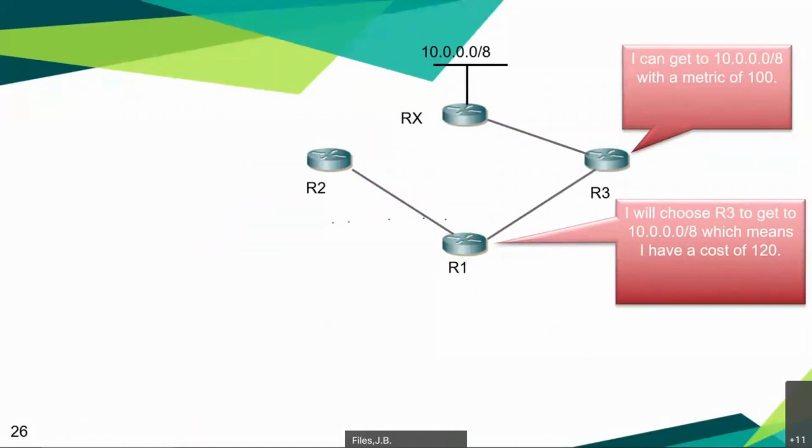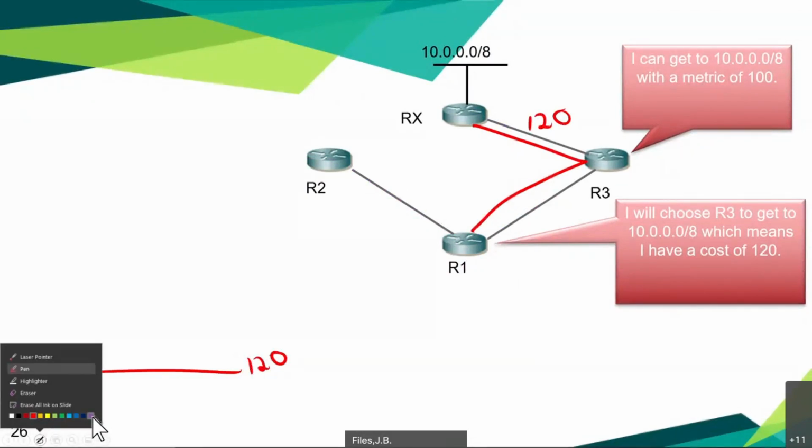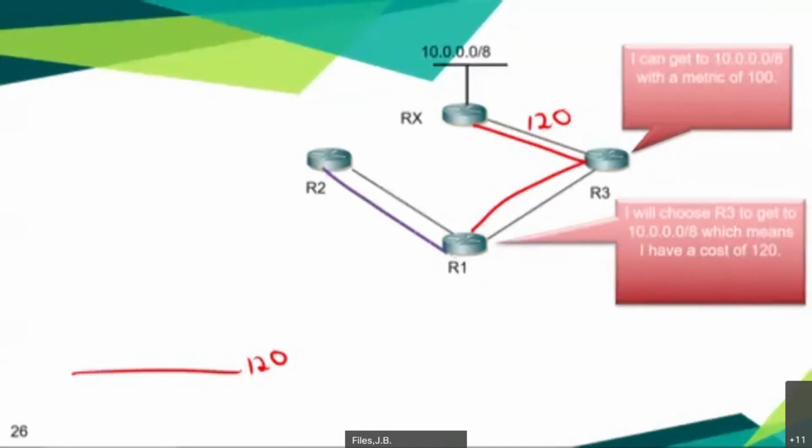And so what we're saying is, R1's cost is 120, and R2's cost is this. But notice this portion of the line is doubling up, right? So that means this line